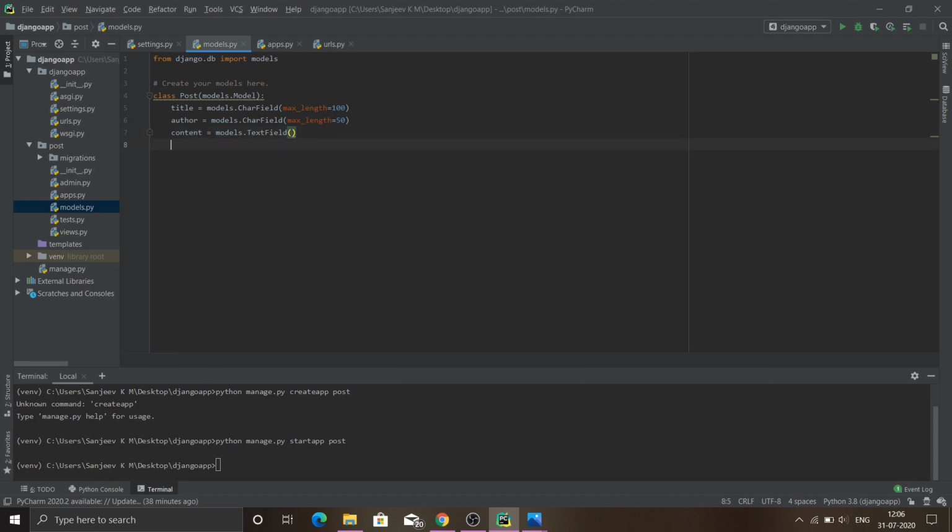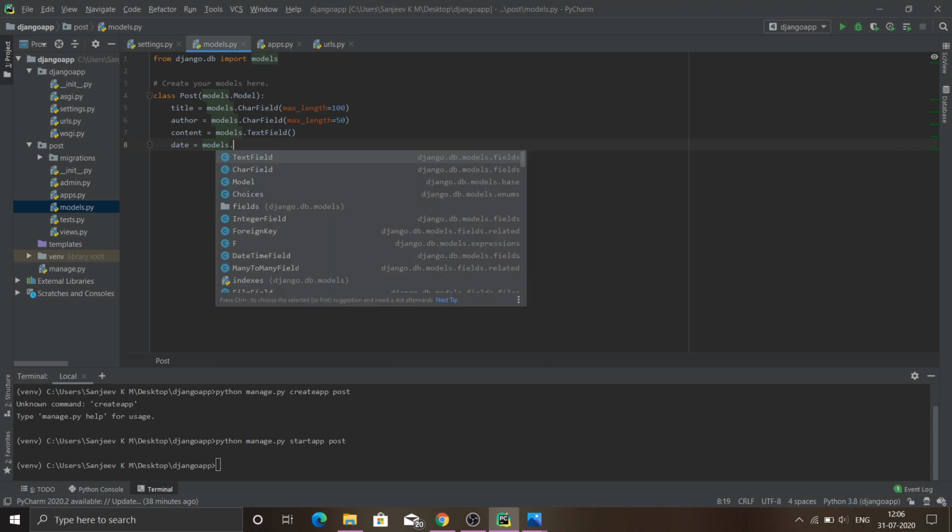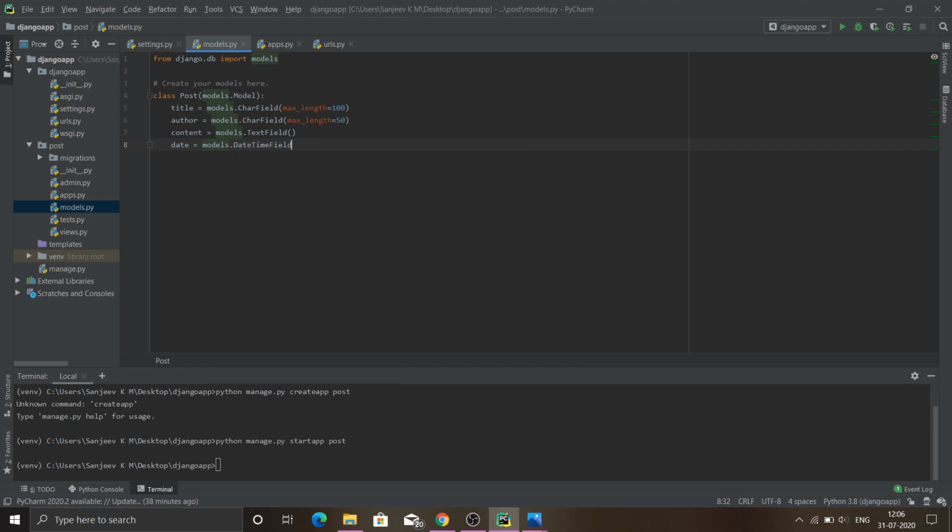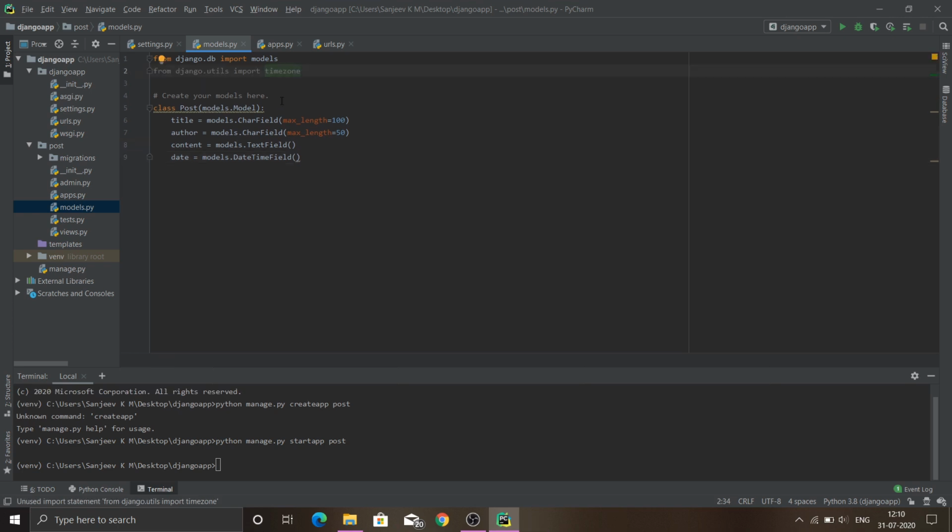And we have to store another piece of data, when this post has been created. So for the date field, that's a separate field in models called DateTimeField. So I'm importing timezone from django.utils, which will provide us with the current time.